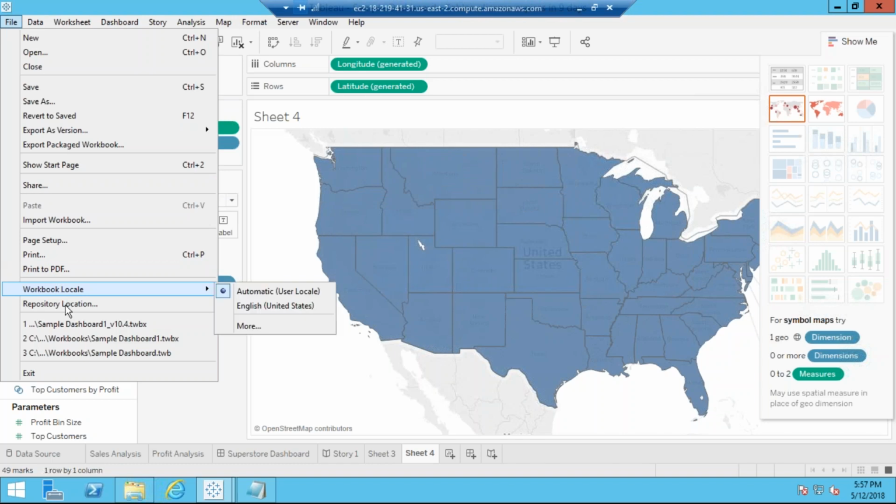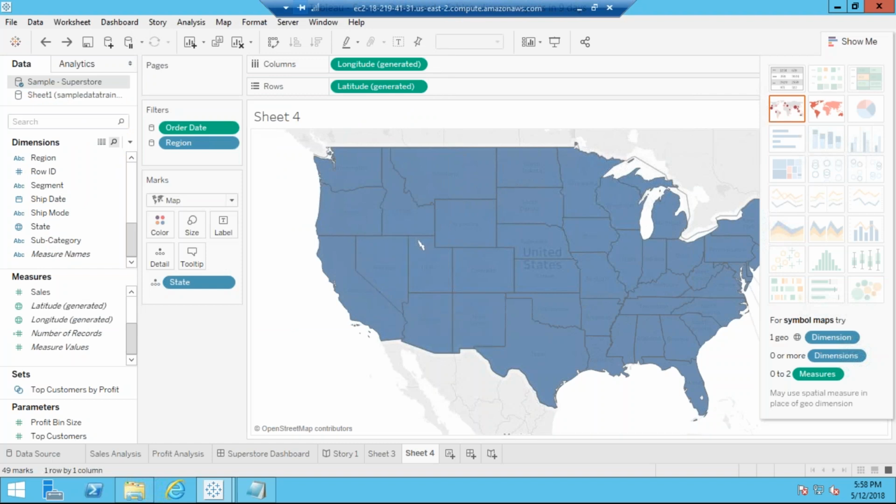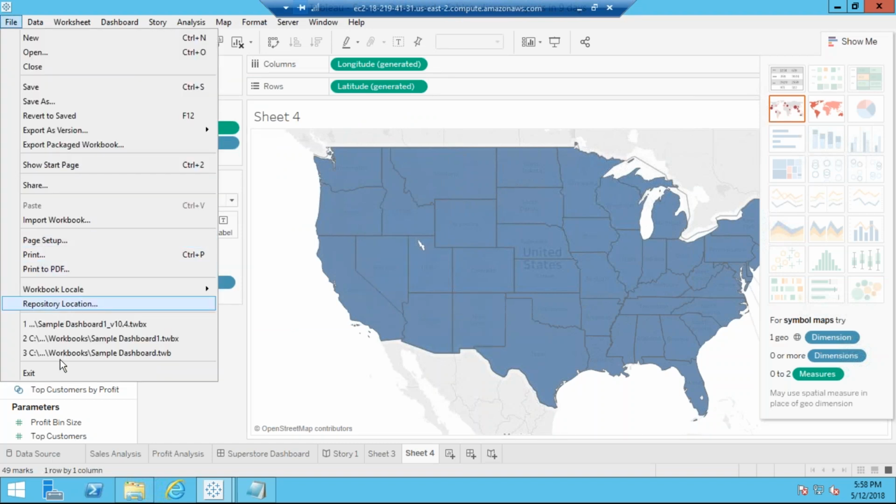Print to PDF, workbook locale, repository location. This is the repository location where all your reports and everything are stored. That's what I showed you under Documents, My Tableau Repository. This is what shows up here. It is just the last few files, TWB files or anything saved there, that will be shown here.